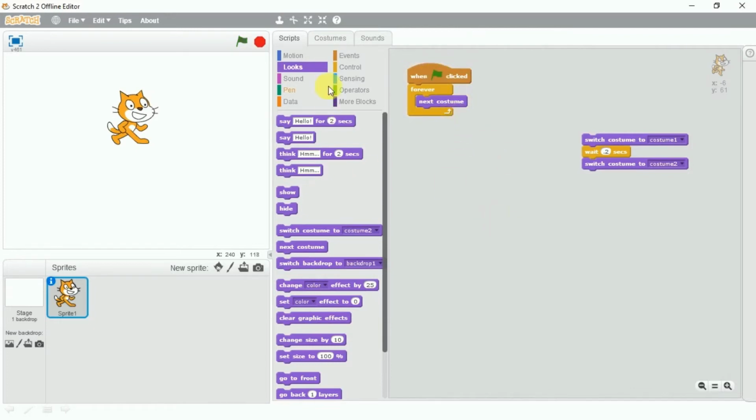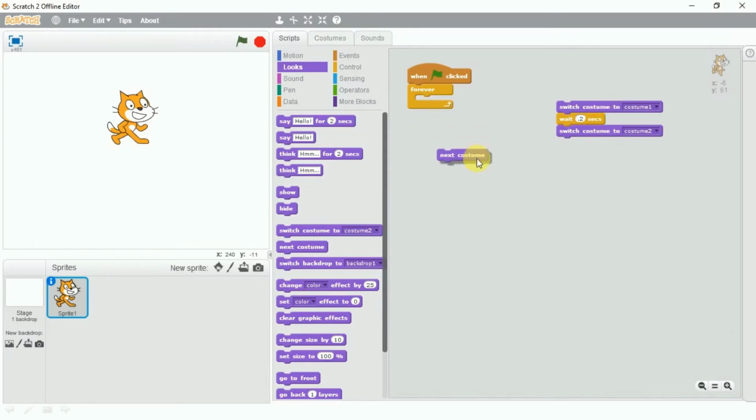But for example, if you have a number of costumes, say 5 costumes, and you want to switch from 1 to 3, and 3 directly to 5, and then 5 to 2 and 2 to 4, you can't do it with this, because it works in serial order: 1 2 3 4 5, and then 1 2 3 4 5 again. So if you want to switch randomly, you will require the other block. If you want to switch in serial order between the costumes, you just choose next costume.